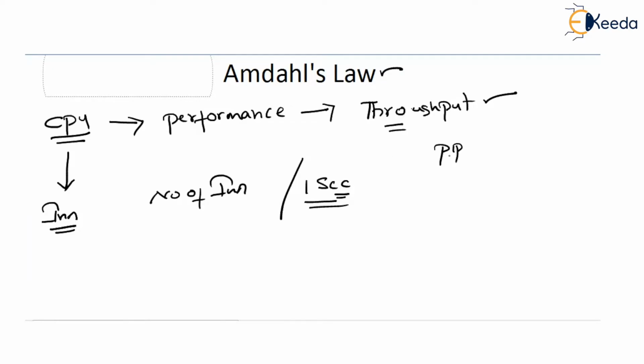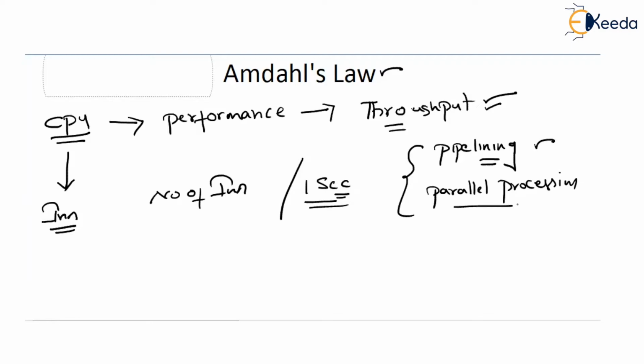Let us take some mechanism called pipelining. Pipelining is a technique which improves the speed up. Thereby, the throughput will get improved. Similarly, parallel processing. We attach more cores to the CPU. Of course, the CPU is a single one, but we attach more cores in which each core is capable of executing one thread. Let us not get into the details too much so as not to complete the total discussion. Let us understand there are two techniques. One is called pipelining and one more is called parallel processing, which is achieved by multi-threading.